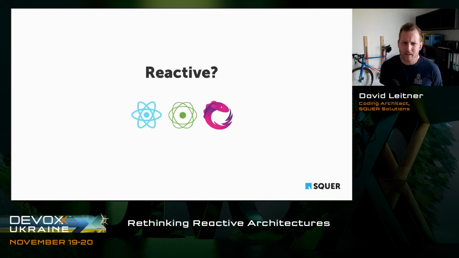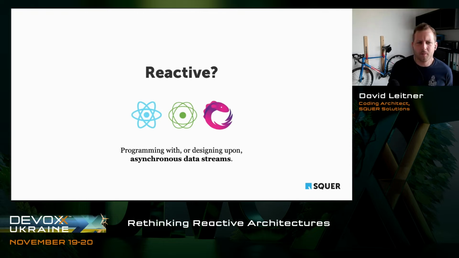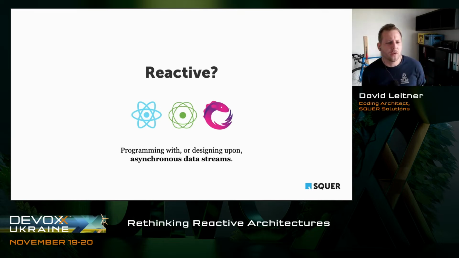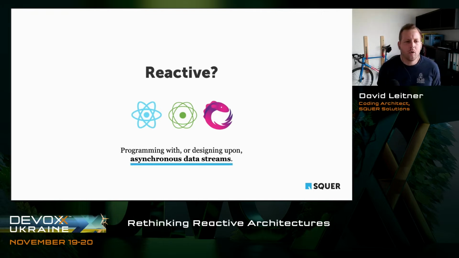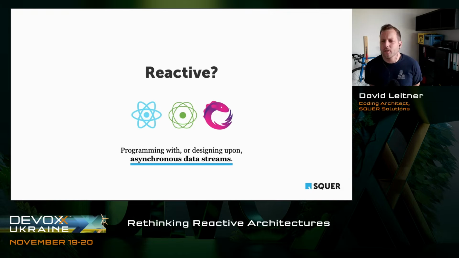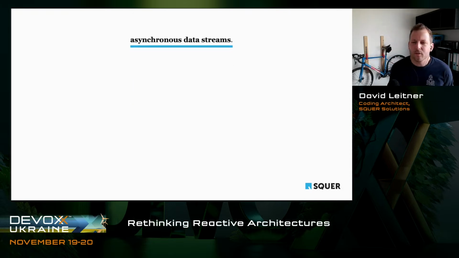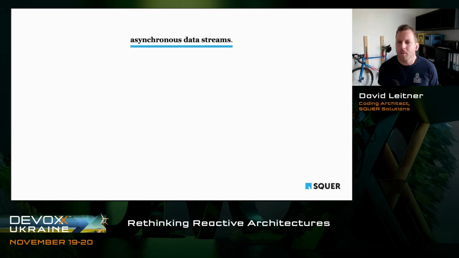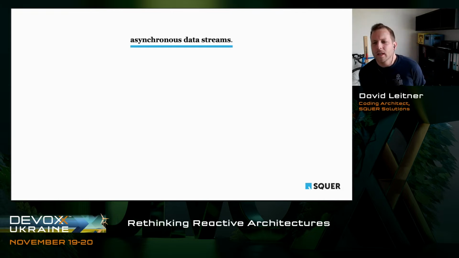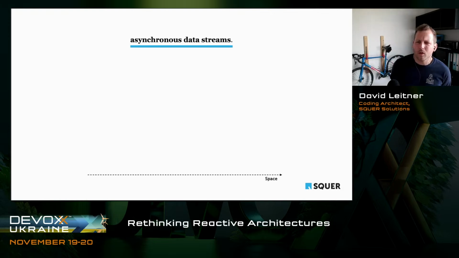But what reactivity in a nutshell is, is that it's based on asynchronous data streams. So we build, design and program upon asynchronous data streams. And that's the most important thing we need to understand. Before we talk about reactive architectures and all the stuff, we need to really understand it's all about asynchronous data streams, right? And I usually have the feeling that, even if we talk a lot about Kafka and all these technologies, streams are still not clear to everyone,